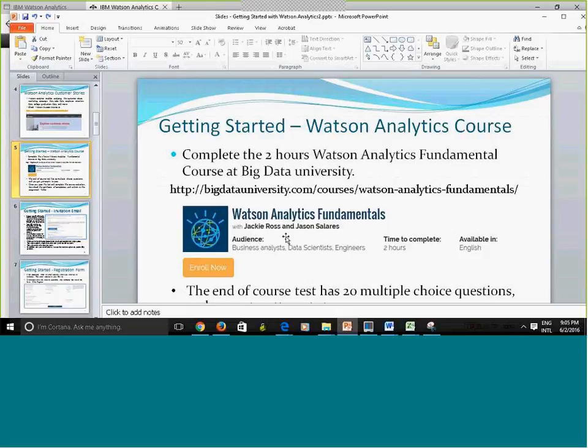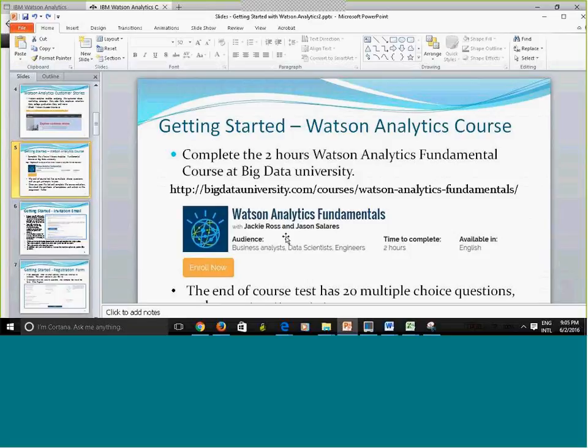But something to keep in mind is that when you complete all of the sections and you complete the test, you may notice that your certificate is not available. It's because you need to complete the course evaluation before the link to certificate becomes visible.